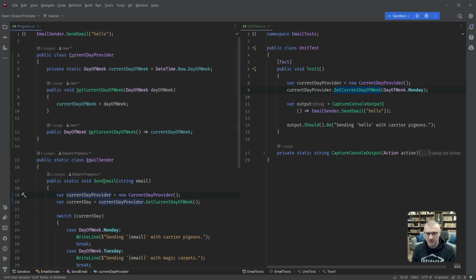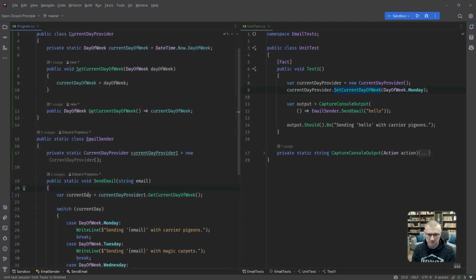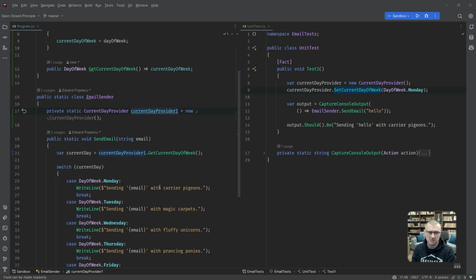So instead of creating it here in the send email method, let's take this outside. Introduce field initializer. Yes, thank you very much. Next. Why'd you name it like that? Okay, much better.